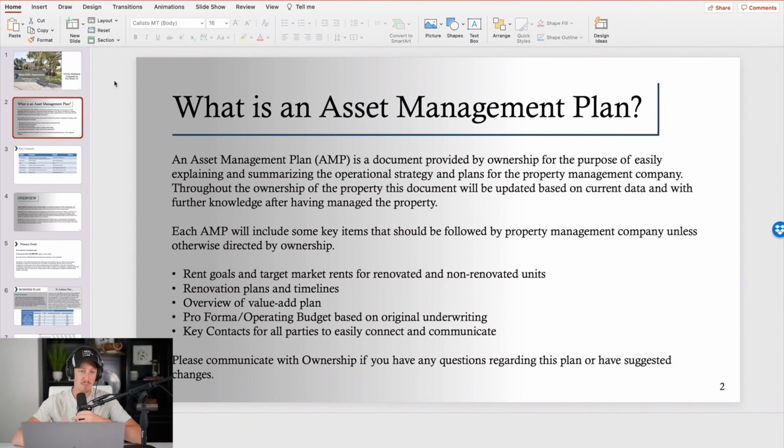And an asset management plan is basically our way of showing the property management company what we want to do with the property. And we detail that. And then at the end, I'm going to show you, we have them sign it. And we do that so that we're on the same page, they're on the same page. Now, things are going to kind of change over time, but we're going to go into the property with a